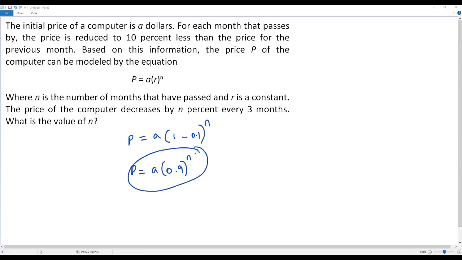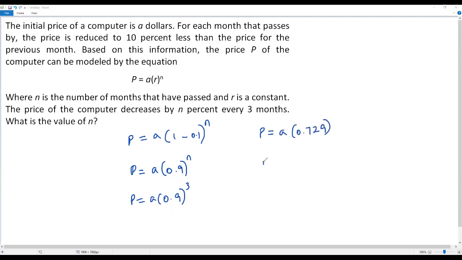n equals 3 here, because n represents the number of months, and I want to find the percentage by which the price of the computer decreases in the first 3 months. For that, let's plug in n equals 3. P equals A times 0.9 to the third power. I plugged in 3 for n here. Now let me evaluate this. P equals A times, and when I evaluate 0.9 to the third power, I'm getting